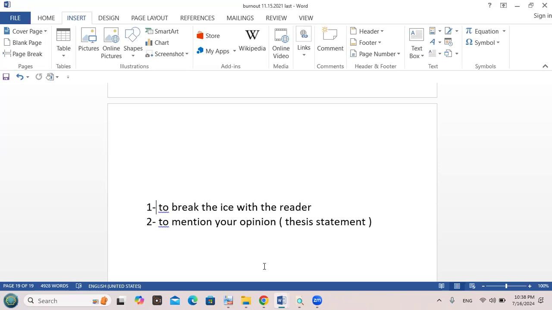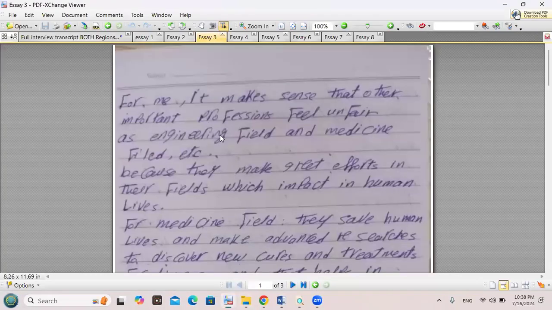You got it? So again, the introduction should not include reasons, should not include a lot of details. The introduction should be mainly to introduce the topic and mention your opinion. Is it clear? And in order to do that, remember to have paragraphing. So again, this one is too short. The introduction here is too short, and it doesn't contain any general